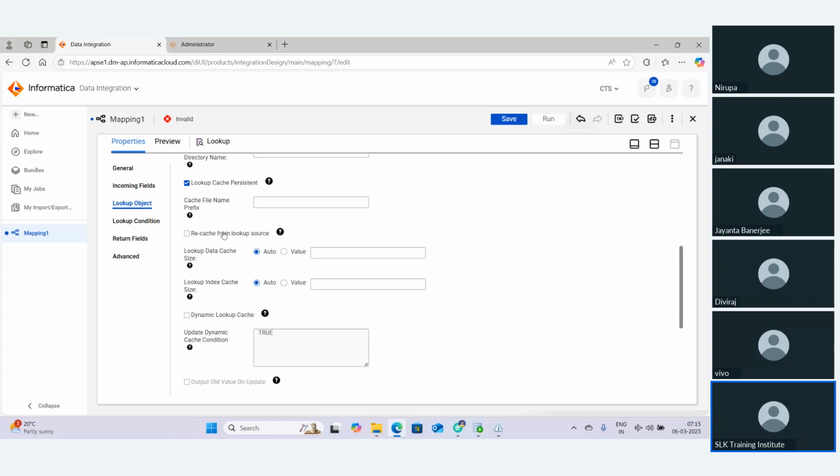If you don't enable this property, then the cache won't be enabled. If you don't enable this option, the cache file won't be refreshed, the persistent cache won't be refreshed, and it will keep the records from when the first execution happened. So at that time, how many records were there? With only that number of records, every time the lookup will be checking the data, even though new records are being inserted or updated in the